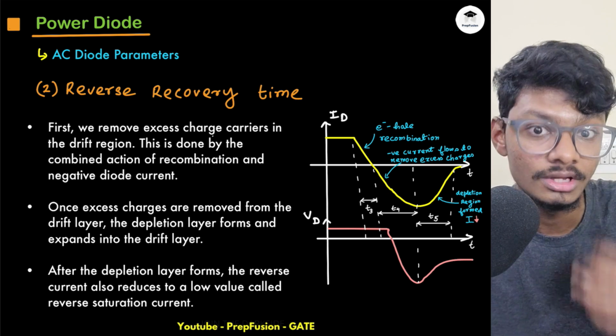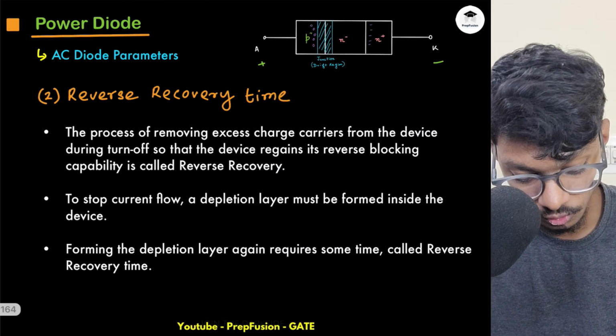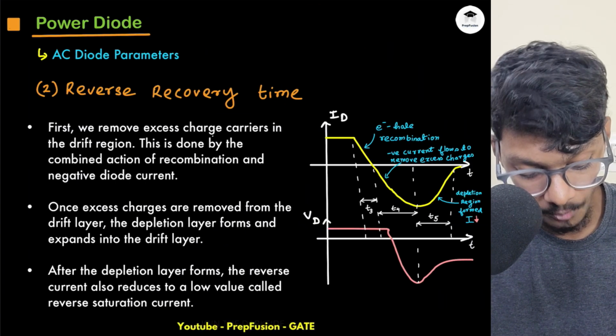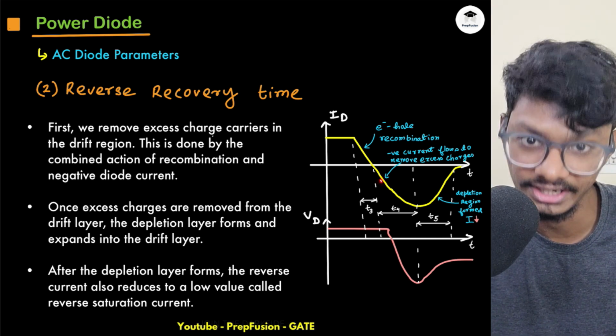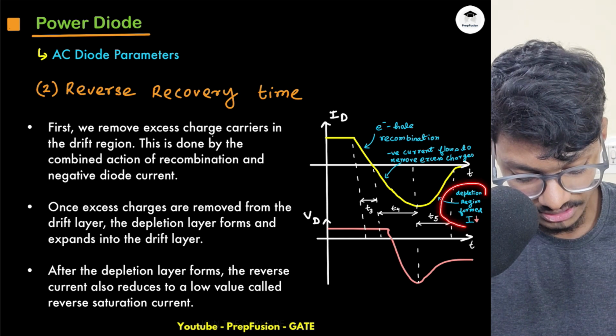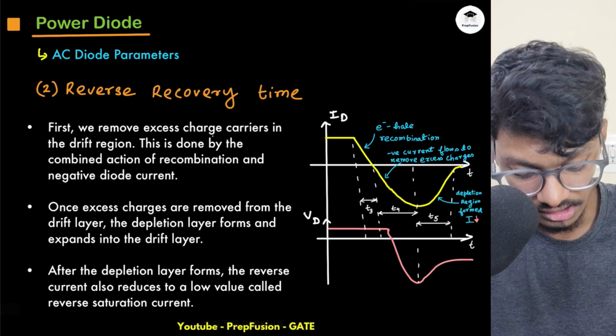So we have to flow some negative charge carriers, some negative current, to remove this excess charge, so that it can open circuit this diode, right? We have to flow some negative current as well. Then once the depletion region is formed, once it is free from the excess charge carriers, we can make our